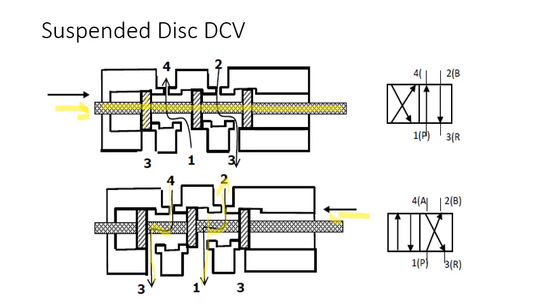The supply, always from 1, will be the input supply. There is no return to 1. The return will be taken from port 3 or port 5. So always 1 will be the input port, and 4 and 2 are the output ports. Only the output ports you need to connect to the actuators. Port number 1 should be connected to the compressor output, nothing but the input from the compressor. 3 and 5 will exhaust to the atmosphere because it is a pneumatic system. If it is a hydraulic system, then you need to reconnect back to your reservoir. Very important. You need to reconnect back to your reservoir.